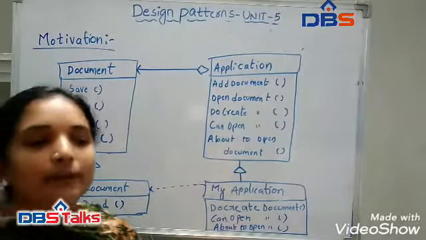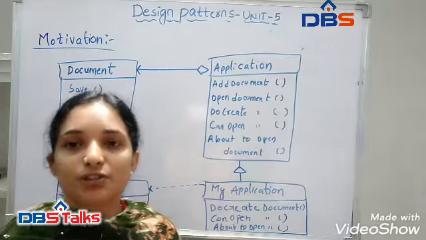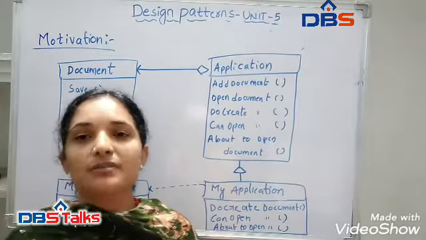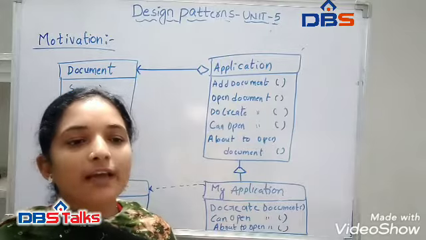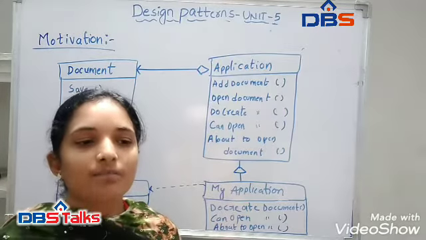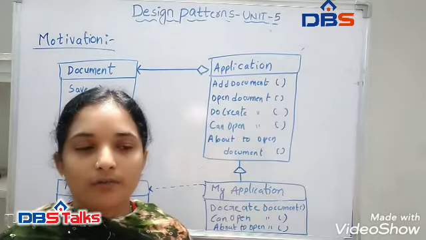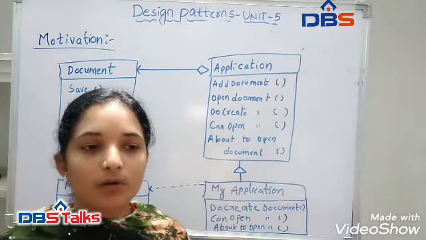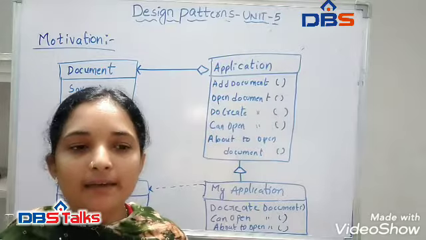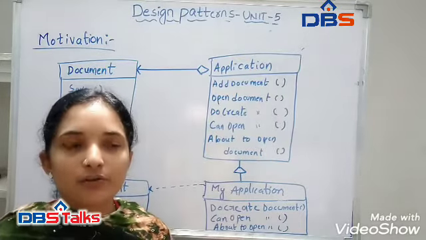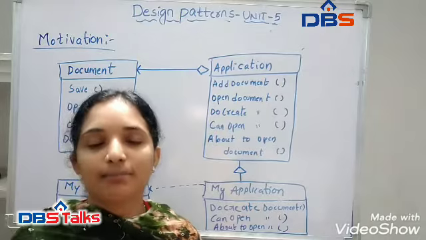Next, coming to the applicability. Applicability means in which situation we are going to use this template method. That is called the applicability. When the behavior of an algorithm can vary, the subclass implements the behavior through override. When we want to avoid code duplication, we implement variations of the algorithm in subclasses. That is called the applicability of the template method.